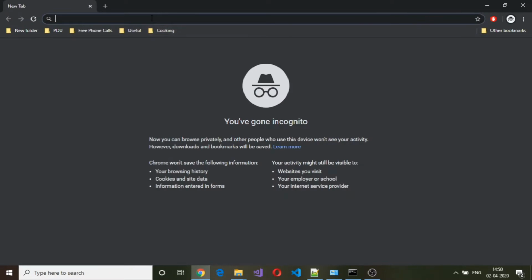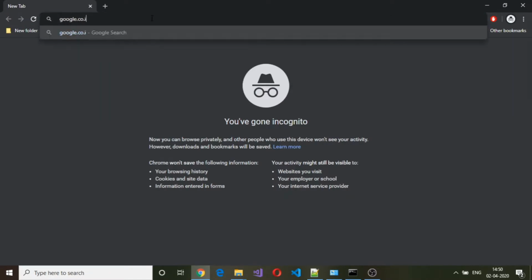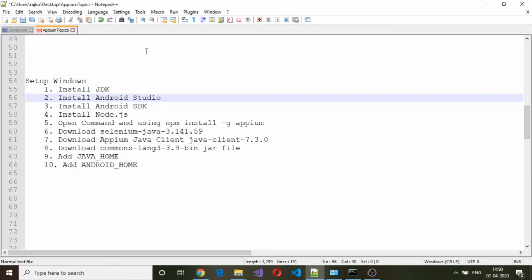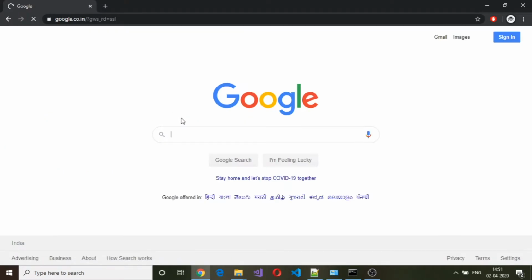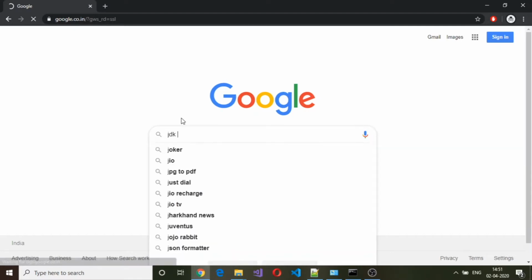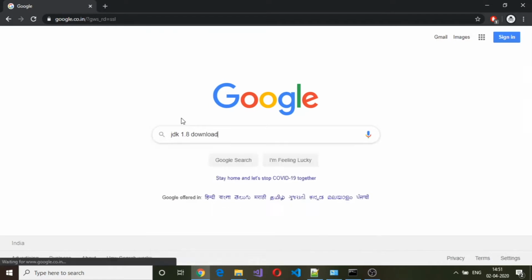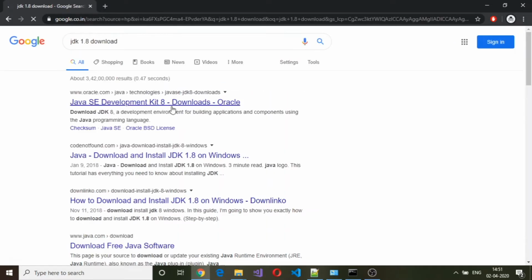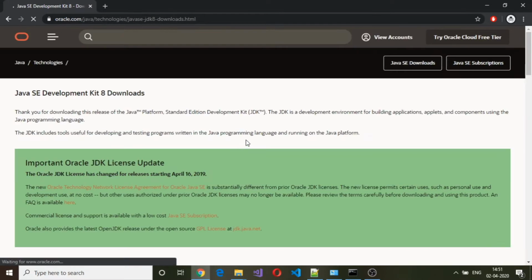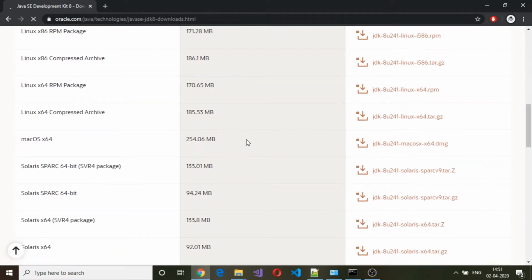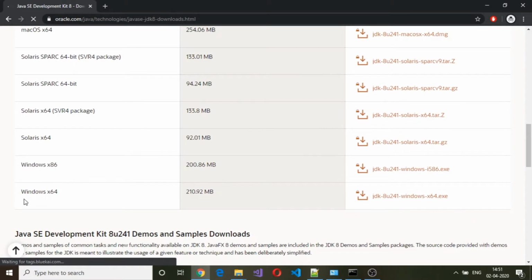So for that, you go to Google, and the current version which I have installed is JDK 1.8. Type in JDK 1.8 download and choose the first link. Go further down, choose the platform which is Windows in my case, and it is 64-bit, and click on this